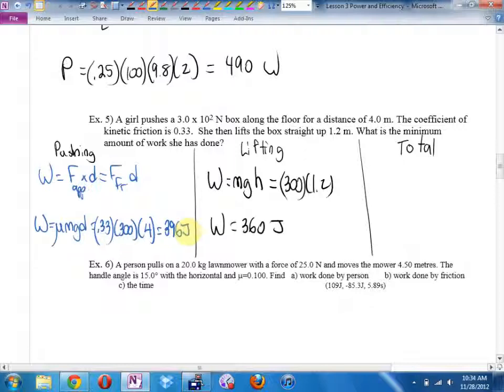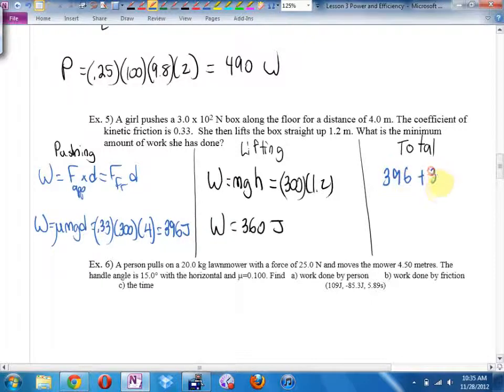This is why energy is so nice, because if you have a change in direction, or especially, Megan, roller coasters that are all curvy, which to analyze them vectorially would mean you'd have a constantly changing direction. Ugh. No, energy is a scalar. It just cares about before and after. It doesn't care about what happened in between. Total is going to be